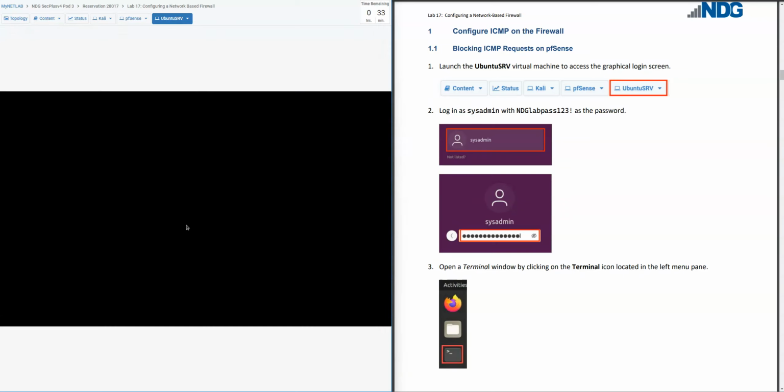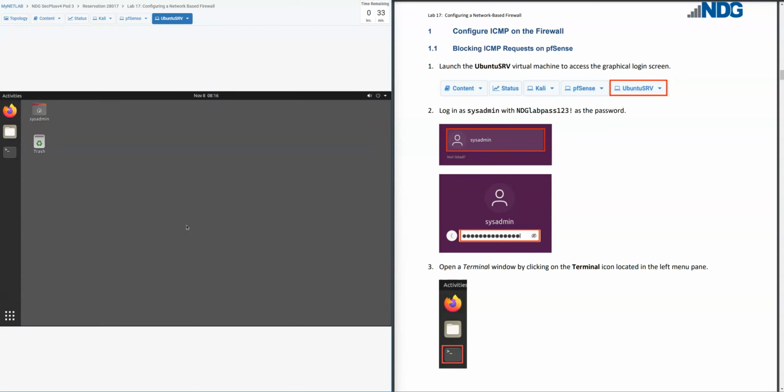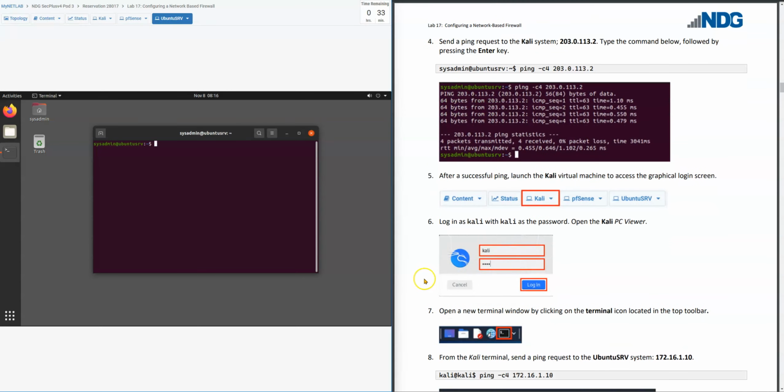As it's loading, you're going to see a menu on the left-hand side that'll provide you an icon for Firefox, folders, and then right underneath that is a black box that is an icon for the terminal. You're going to go ahead and open that up by double-clicking on it. When the window opens up, we're going to send a ping request to the Kali system, which is the IP address